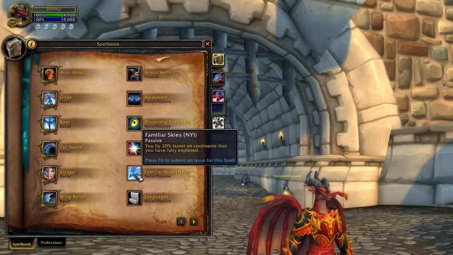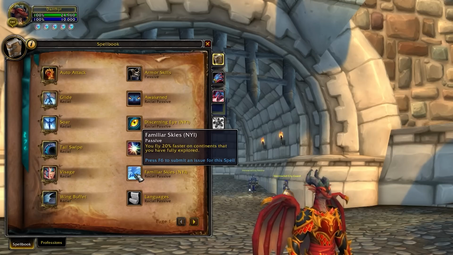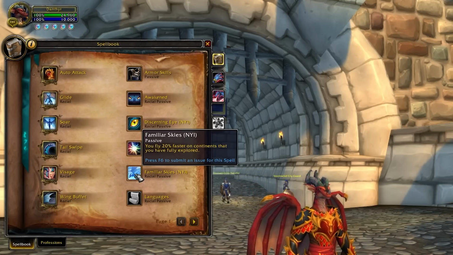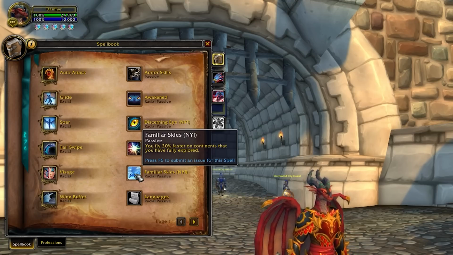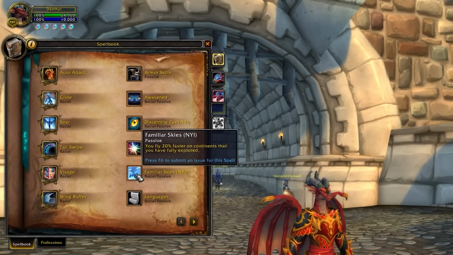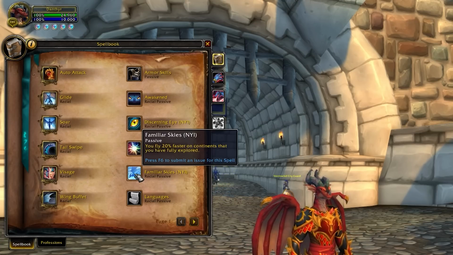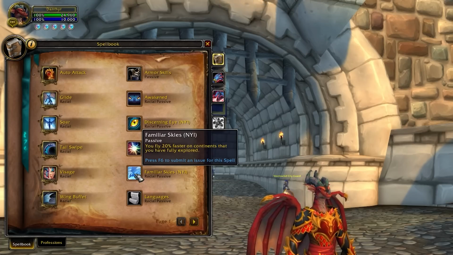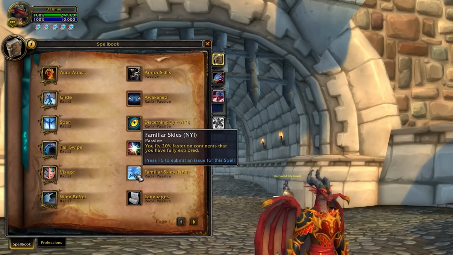Another racial is Familiar Skies. This one's really cool. I actually really like this. It says you fly 20% faster on continents that you have fully explored. So I love that. Obviously, once your Dracthyr Evoker comes out, you can go and explore the world, or you can use some of those heirloom items which were implemented recently, and you can fly 20% faster on your